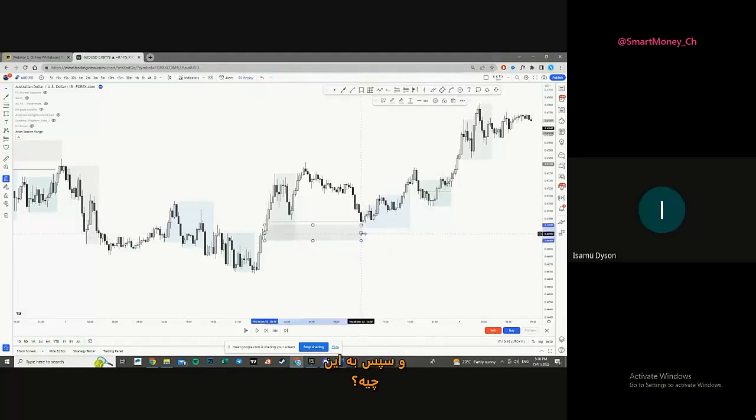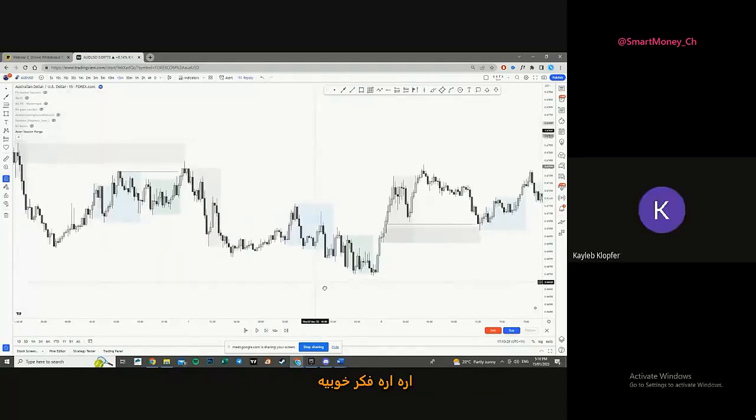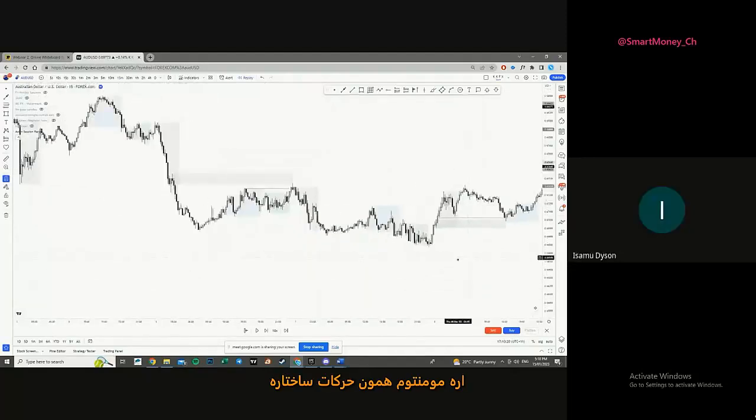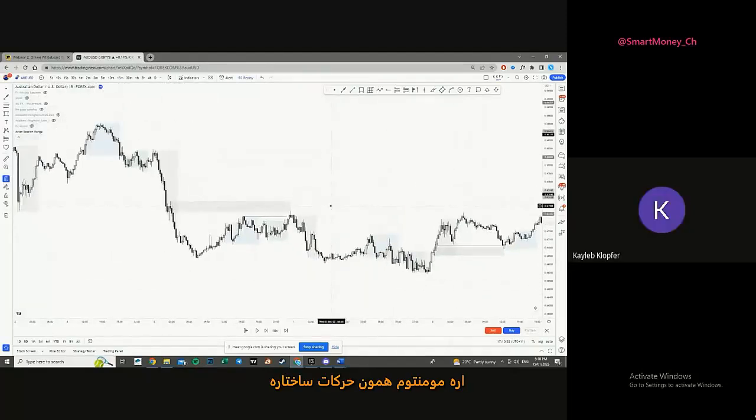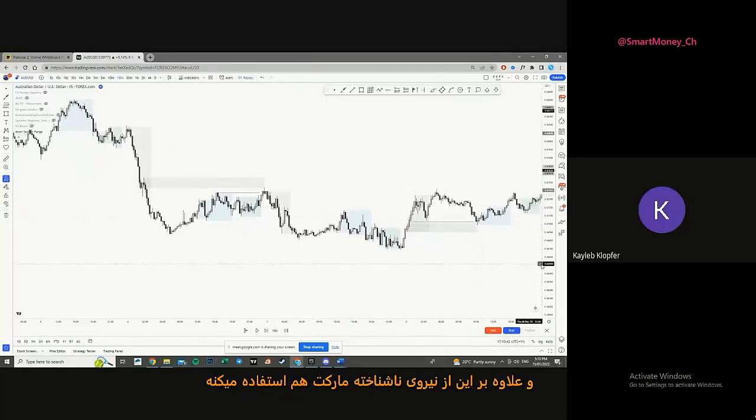So what are you calling the momentum? Are you calling the shifts, or the momentum? How do I annotate this? It's a good way to think of it. Momentum is structural movement, and it is predictive of what price is going to do next.